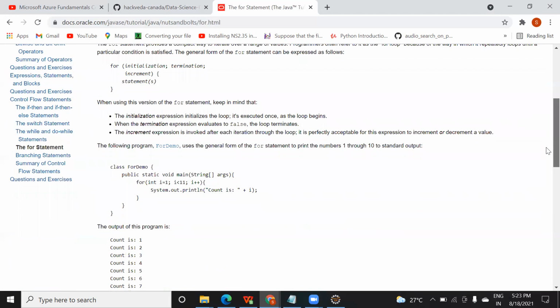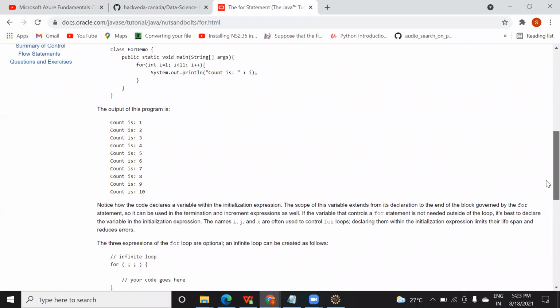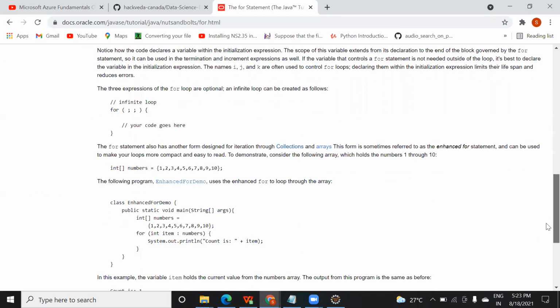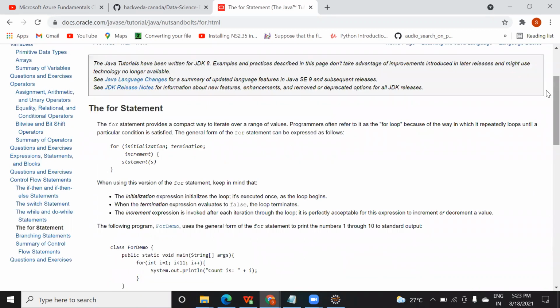Yes. So there is for loop also. So condition, for loop and while are already covered. But there is a different way of declaring a for loop also, that I need to show you. See, normally you might have seen for loop like this. We have an initialization, termination, increment, and we write a statement inside a curly brace. This is the actual syntax.